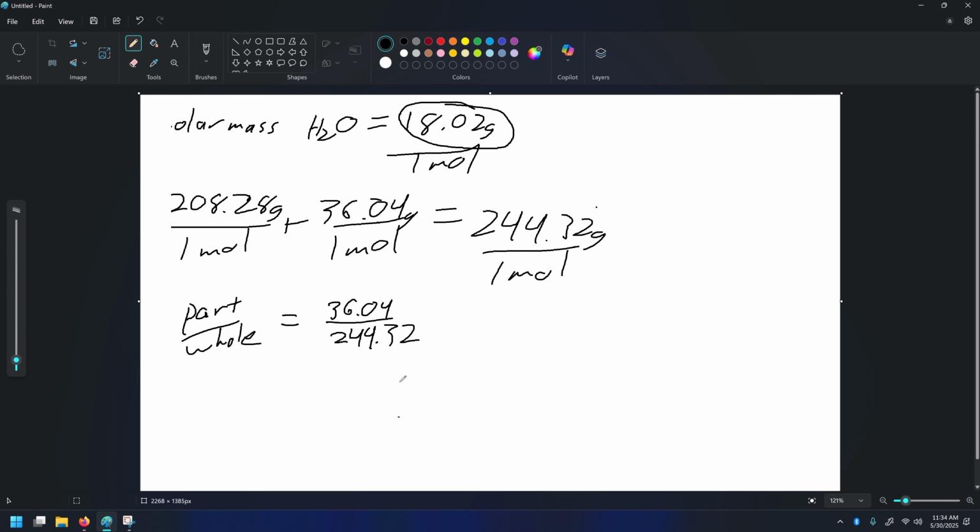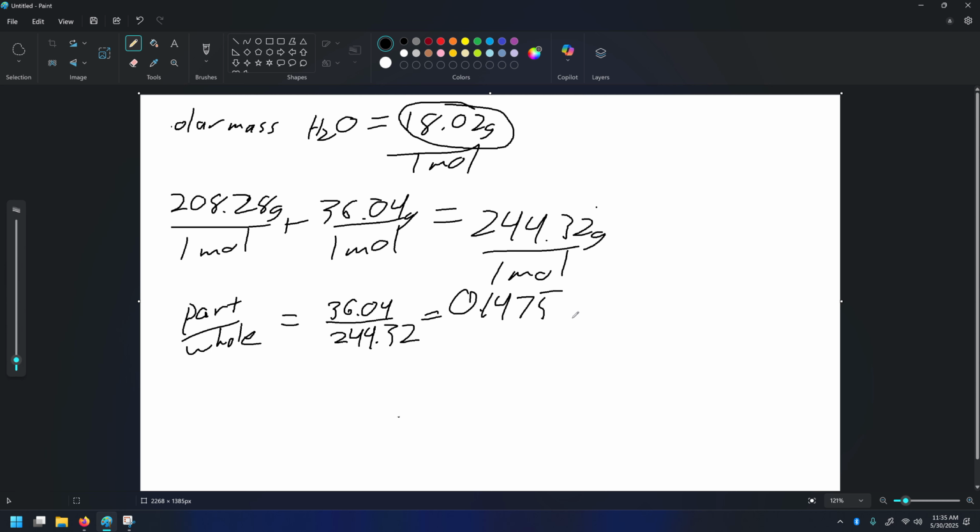You might notice I'm leaving units off here. While technically you should include them anytime you're doing work and calculations like this, these units are going to cancel out anyway, because all percentages are by nature unitless. And so when I do this on my calculator, 36.04 divided by 244.32, it tells me that I have 0.1475